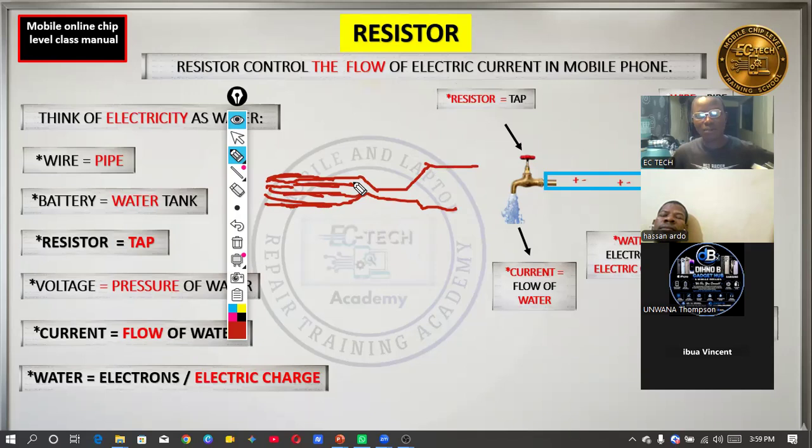So when the water is coming, how much water is going to pass through here? Very tiny. Not too much. So the more we bend it,